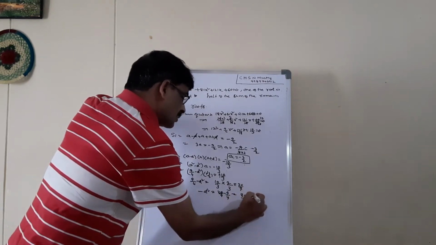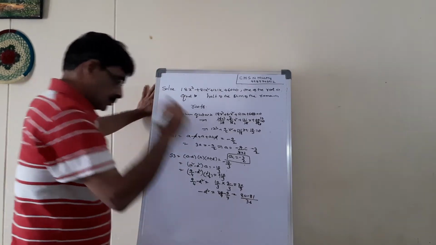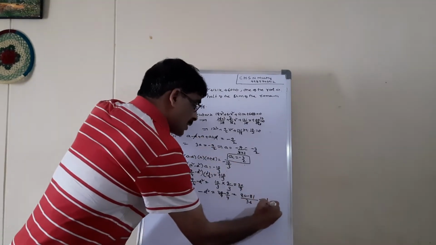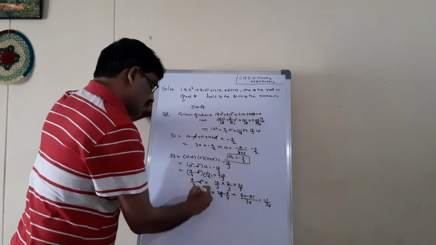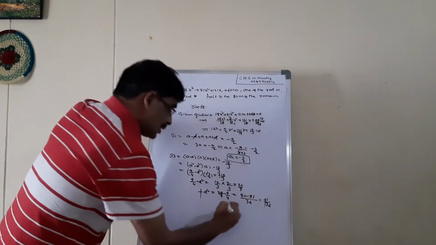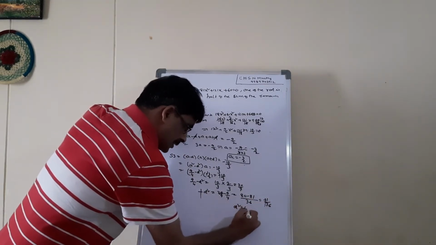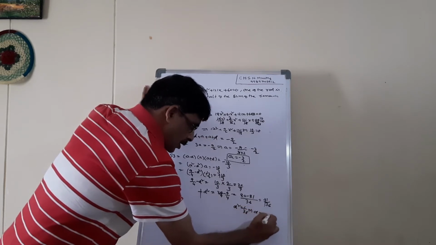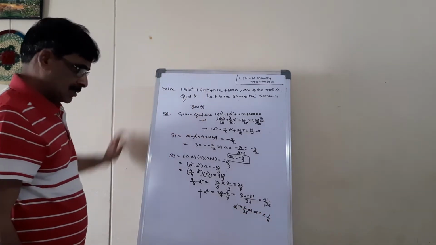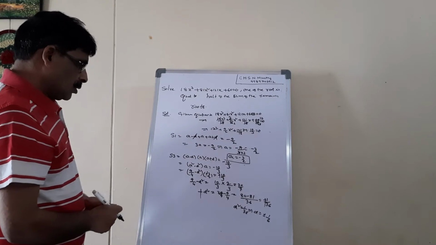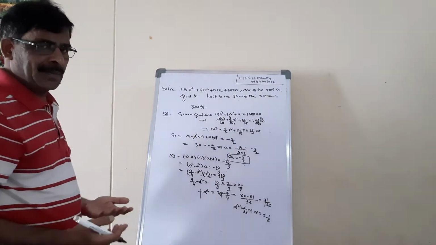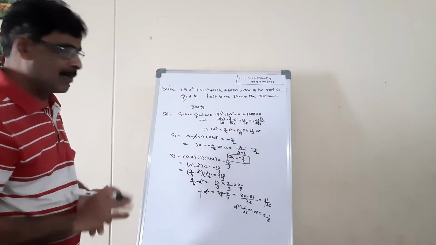Okay, right? Equal to minus 1 by 36. Minus, minus, both sides cancel here. D square equal to 1 by 36 implies D equal to plus or minus 1 by 6. Now you take either plus 1 by 6 or minus 1 by 6. Both will get the same answer.